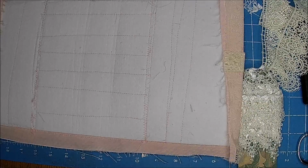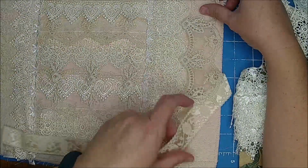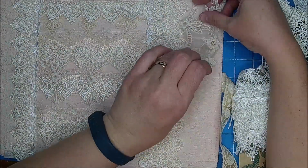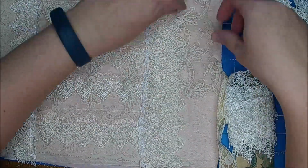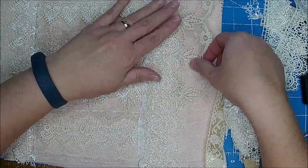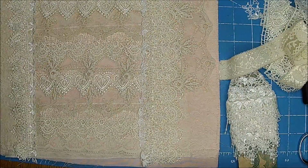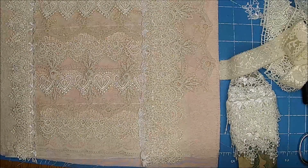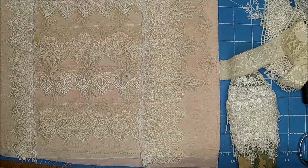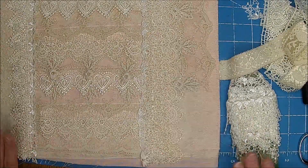I know I have more of this. I love that. I think that is so pretty. I think I have like two or three more rows of this stuff. Oh, I really like that. Okay, so I'm going to have to go look. Let me look right here, because I pulled all my stuff over here in the corner. But I probably thought, oh, I'm only going to need one of those. So let me go see if I can find the rest of this, and maybe we'll do a row